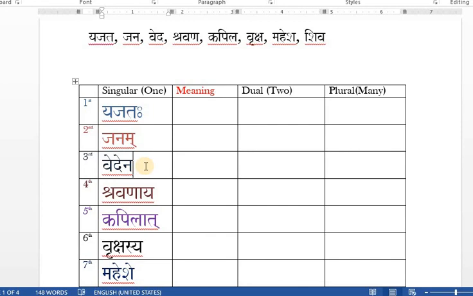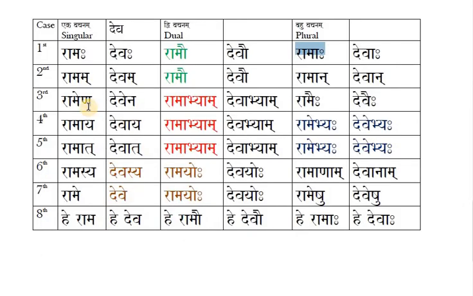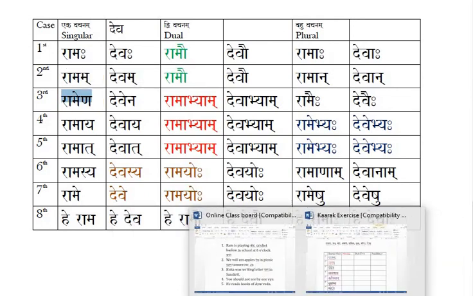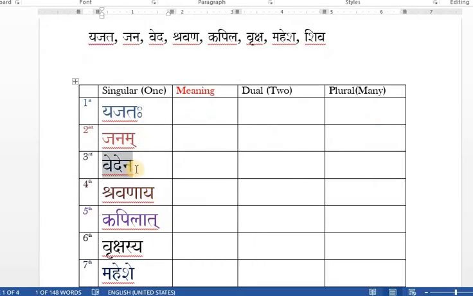For Veda, third case singular is Ramena. Here you see, what is the third singular? Ramena. So here it is Vedena. Right? You must be having doubt here why there is na in Vedena, and in Ramena why there is cerebral na. The reason behind that I will tell you later. Right now you just keep in mind Vedena with na. There are reasons like a word has ru, ra and cerebral sha in the word. Then na will be converted to cerebral na.